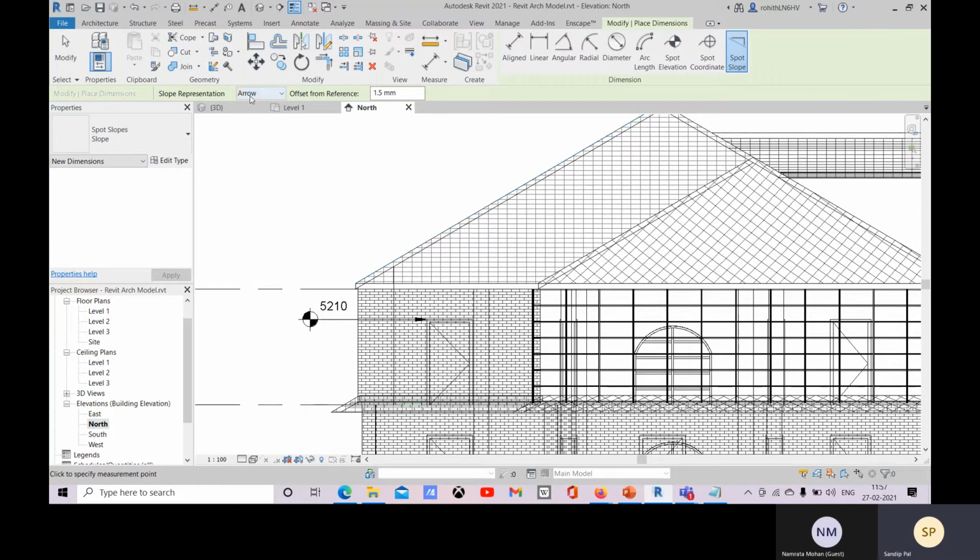Before that, let me show you this representation. If you want to have it with this triangle, you can go with this, so that the beginners or any non-technical person can understand it better with this triangle option. And you can change the offset value from this reference.